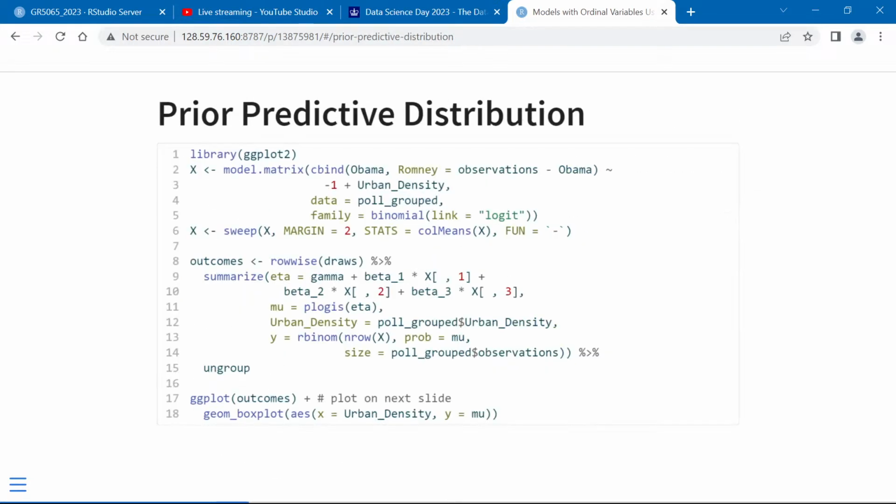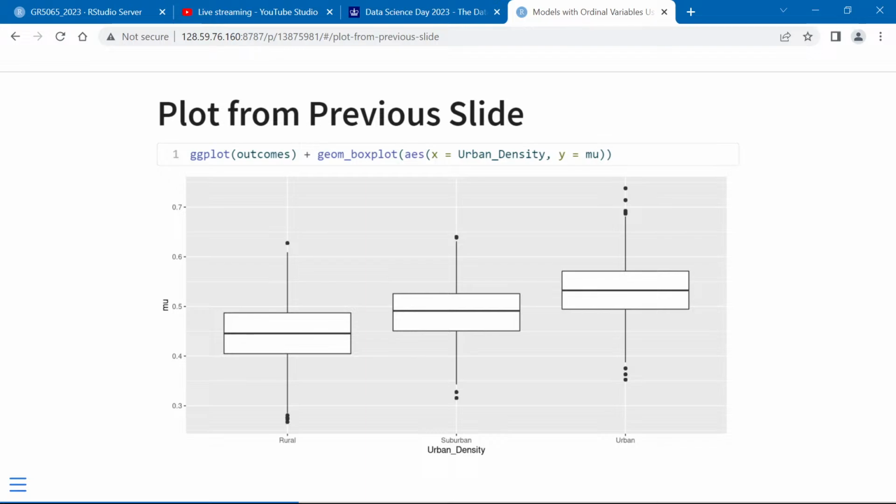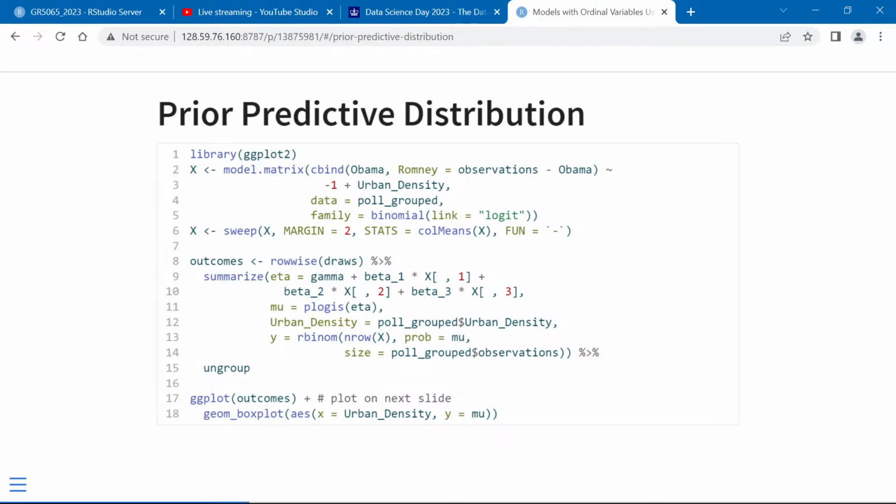So then we can plot this a variety of ways, inclusive of this. Here on the vertical axis we have the probability of favoring Obama. On the horizontal axis we have the 3 ordered categories of urban density: rural, suburban, and urban. And our model reflects the assumption that the relationship between the probability of voting for Obama and this urban density thing is monotonic. And because the prior I put on lambda was